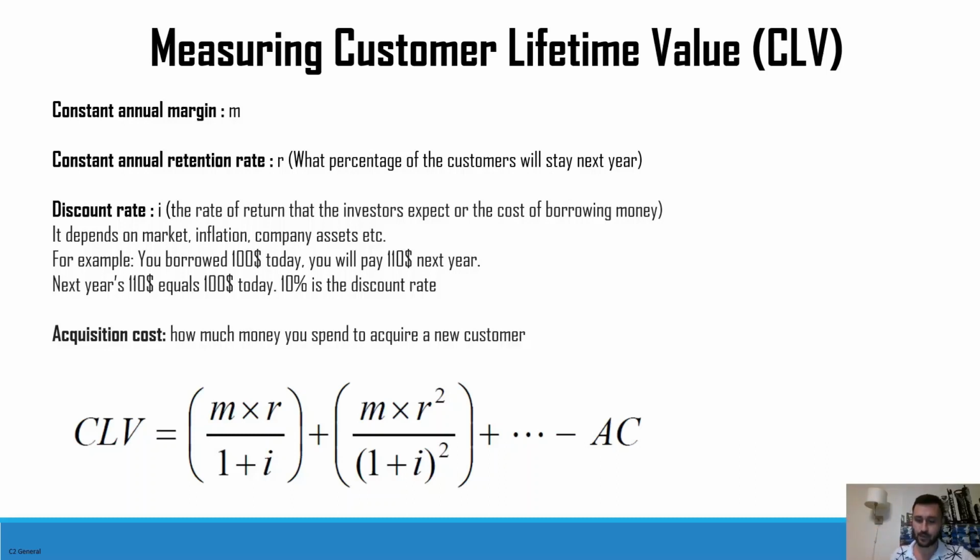Let's say that you borrowed $100 today. You will pay $110 next year, which means that $10 will be the money that you're going to lose, or this 10% will be the discount rate. Or in other words, next year's $110 equals $100 of today. In this case, 10% will be the discount rate. This rate depends on the market, inflation, company assets, etc. While calculating that, it's always recommended to check with the finance team and get the right or estimated discount rate